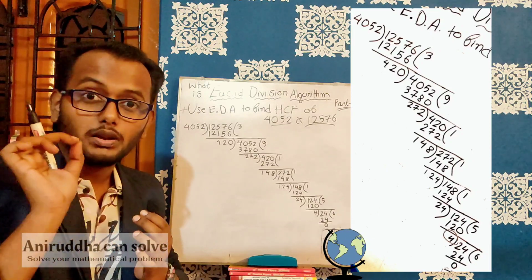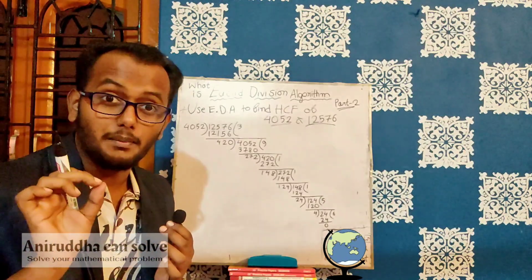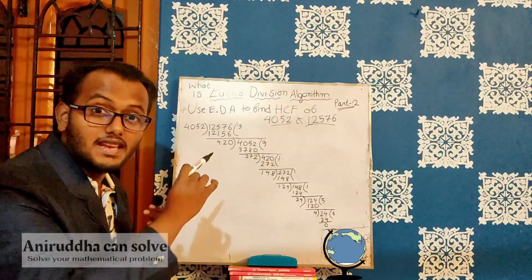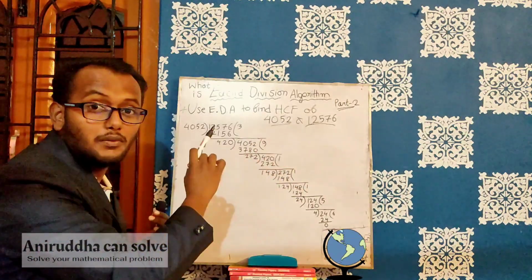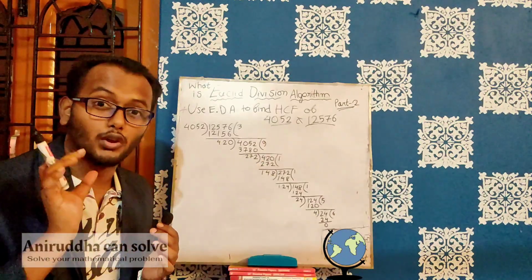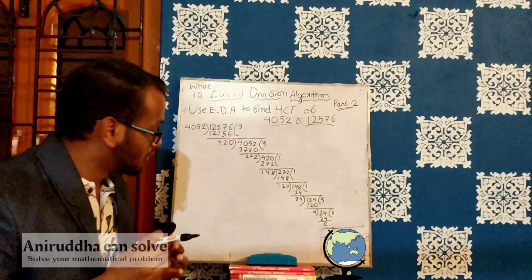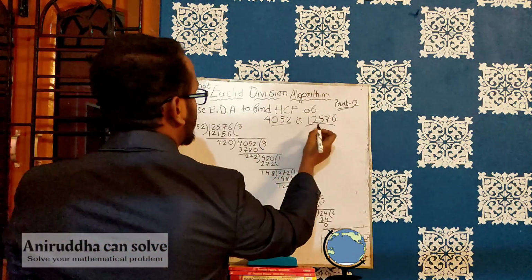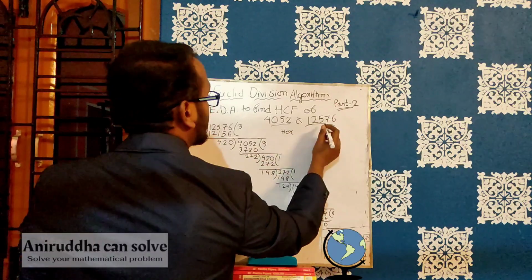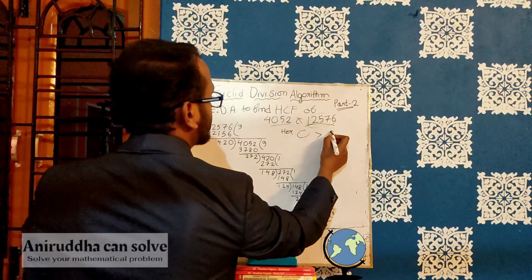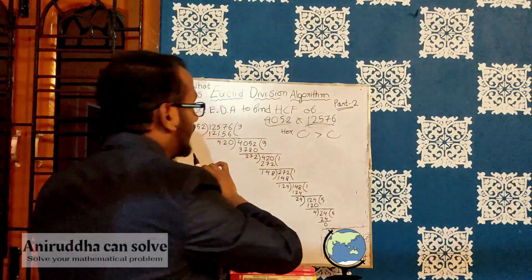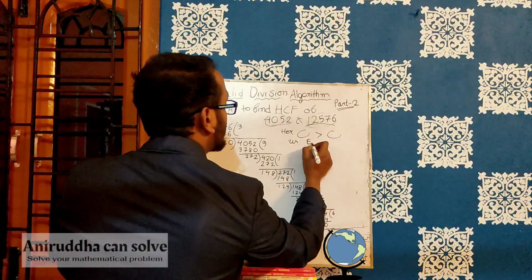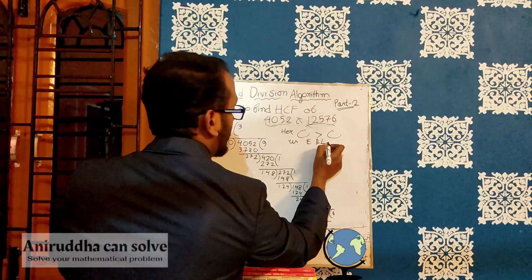If a Euclid division algorithm problem comes in the exam, then start the problem from the left hand side of your copy. If you start from the middle or right hand side, you will face a lack of space for solving this problem. So what will you do in this sum? First you will write here that this one is greater than this one. After writing this, you will write using Euclid division lemma,